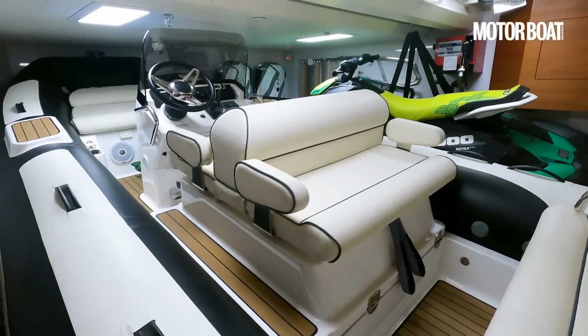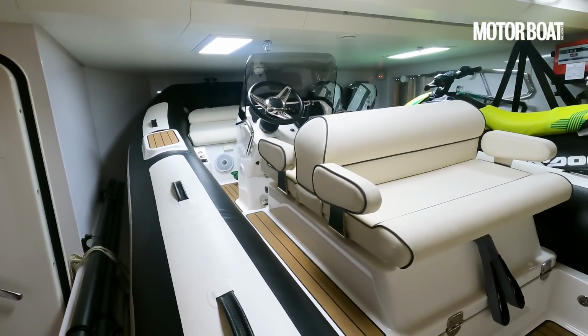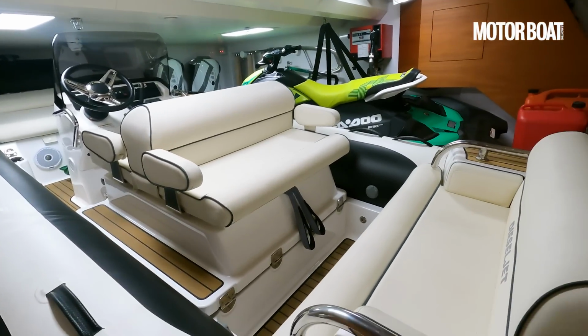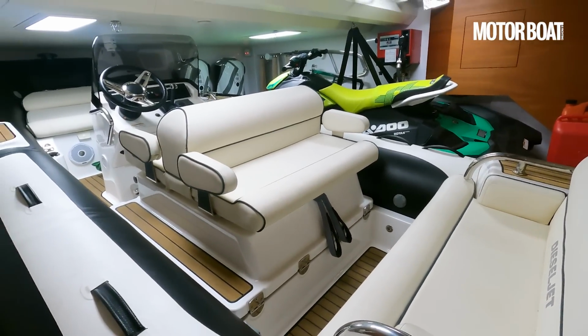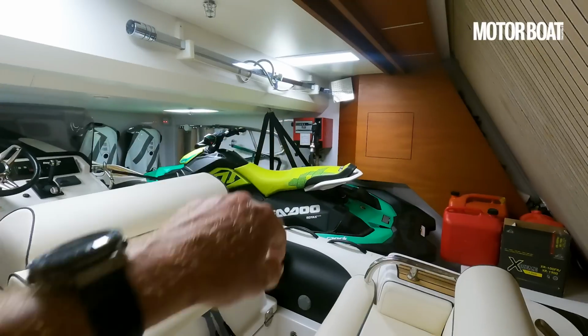So here is the Williams diesel jet tender. Can you remind me what size it is? It's a 505. So the 505 diesel jet tender, and the great thing about it being a diesel jet is you can then use the main yacht supply of diesel, and in fact, if you look over there, on the wall